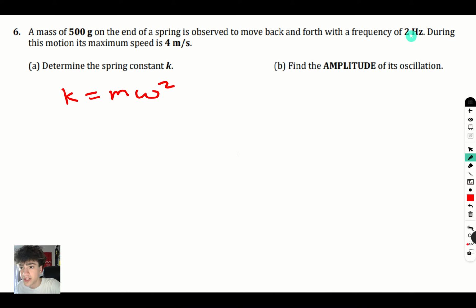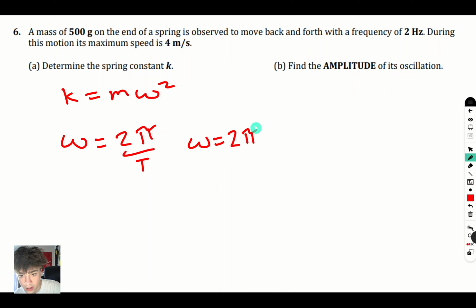Our frequency is 2 Hz, and we know that omega is simply 2 pi over T, where T is our period, or it can also be written as simply 2 pi times frequency. So let's plug in our frequency of 2 here,